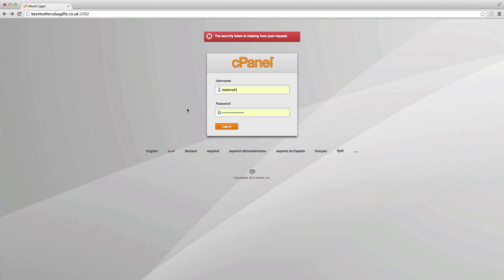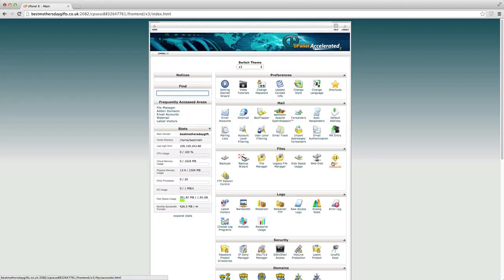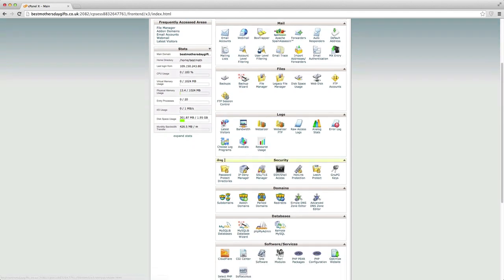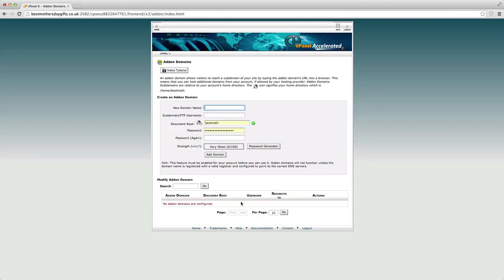So if you go to your cPanel and you click the login button, you'll log into the back end of your server, and in here what we're looking for is something called add-on domains. Add-on domains are extra domains that you can add to your server, and you can use them like any other website. So if I had registered, for example, bestgifts.co.uk, then I could go into add-on domains, and in the domain name I could type in